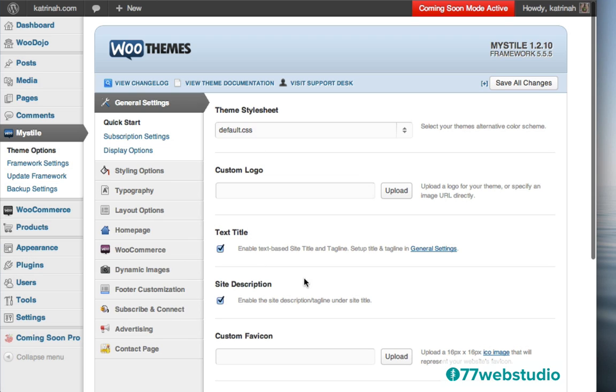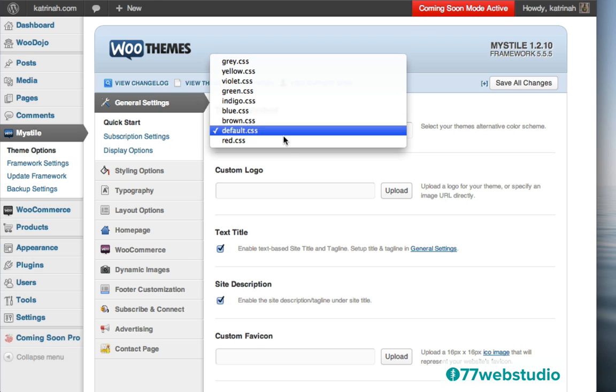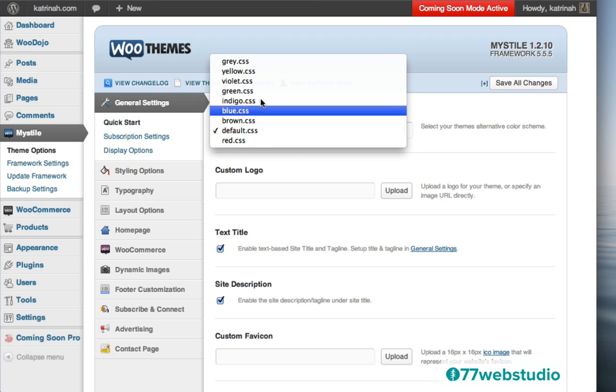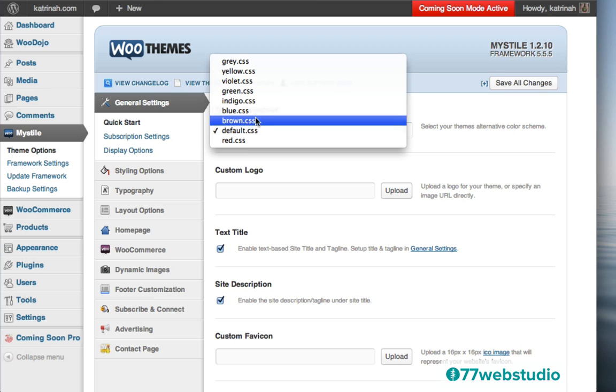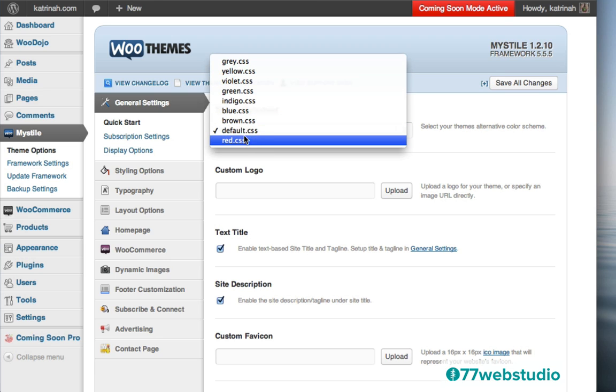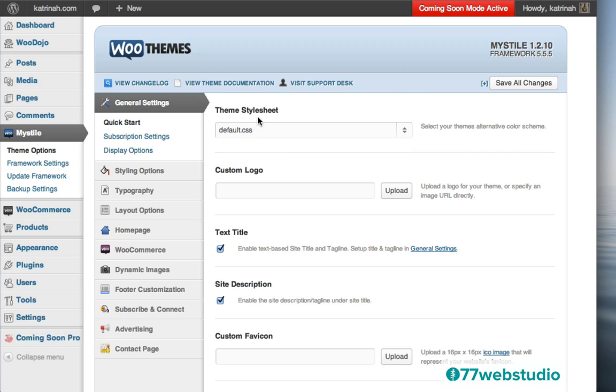And here on the Theme Options screen, you notice that the first page we land on are the general settings. So here is the style sheet that we're using. We're using the default style sheet, and throughout the video, this is what I will keep. I'm not going to change anything. I like the default, so I'll leave it as that. But notice that when you click on this, there's all these different colors that you can choose from. So feel free to experiment with these and see what the colors look like. But right now, I'm just going to keep it as the default style sheet right there.